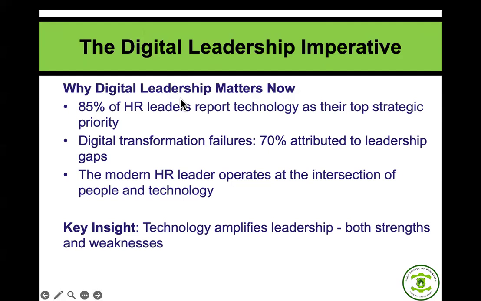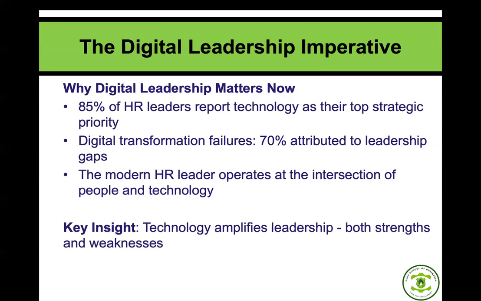I'll give you an example. I am a technologically inclined person, so it makes it easier for me to see through my vision with some particular kinds of technology. And so when I'm implementing, because of my understanding of the technology, I am able to do it better in my organization.